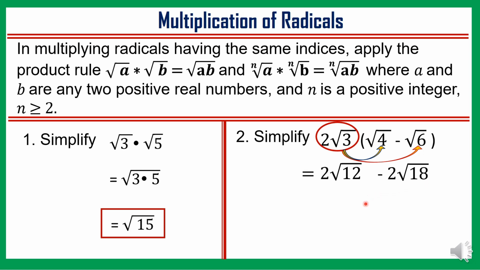After that, simplify ulit natin yung mga real number inside the radical symbol sa pamamagitan ng pag-factor natin ng numbers na yan. So, kagaya ni 12, ano yung factor ni 12 na kung saan ang isang number niya ay merong perfect square? Same with 18. So, ang factor ng 12 na kung saan ang kanyang isang pair ng number ay merong perfect square, that is 4 times 3. So, kopyahin lang natin yung 2 outside the radical symbol. Same dito, hanapin yung factor ni 18. So, magiging 9 times